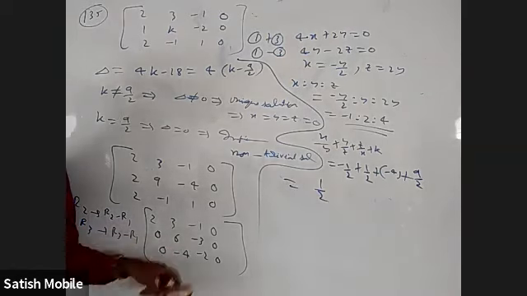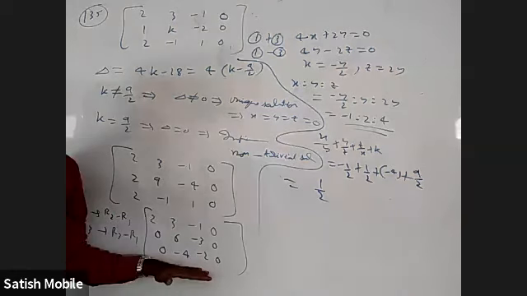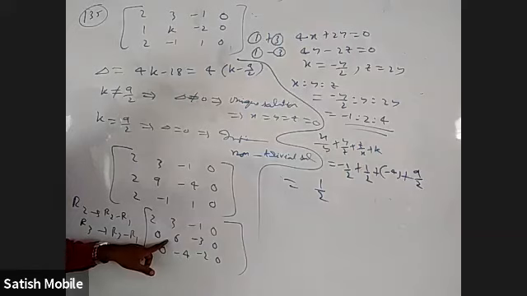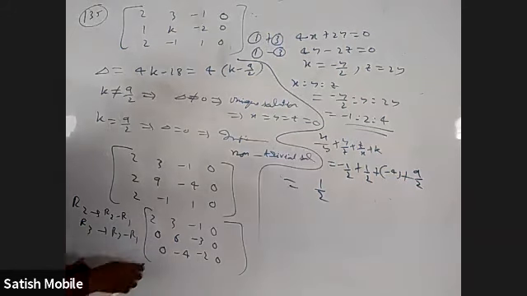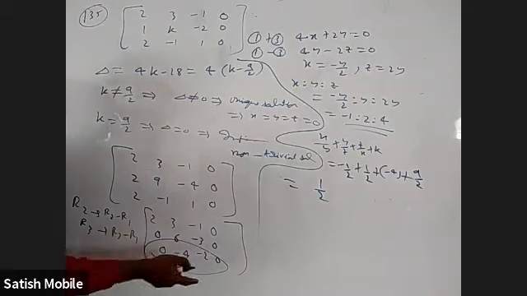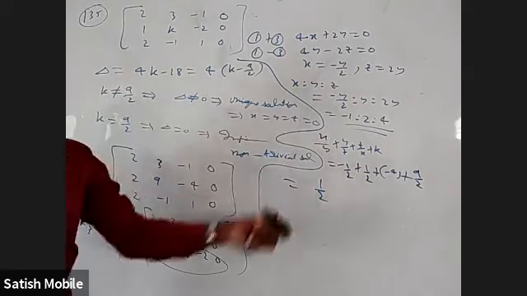Even here you will get the same thing, because actually you will get rows of all zeros. How? This one is double of this, and this is double of this. That way I can cancel. Multiply 2 by 3 and subtract. This all will become zeros. Simply take z as k, find y in terms of k, and you'll get x in terms of k. That I have done, the same thing differently. That's all.